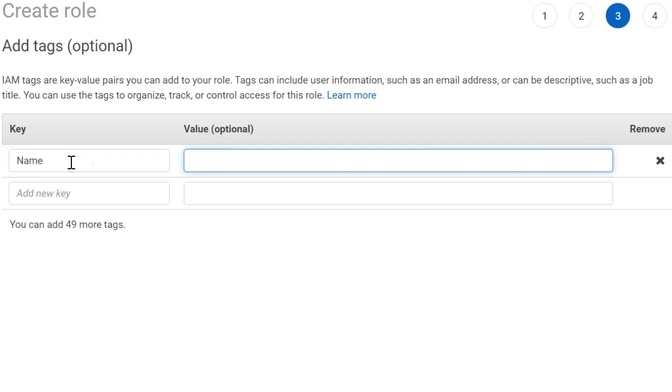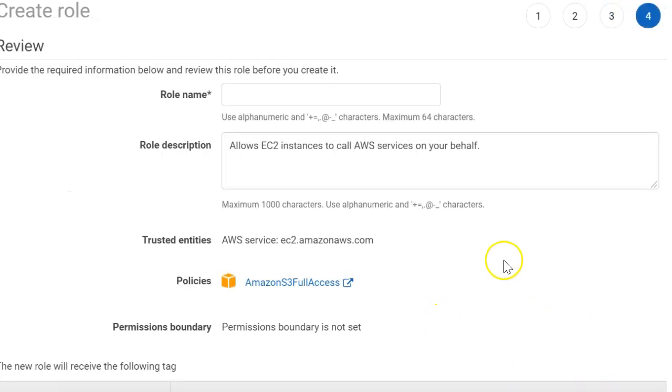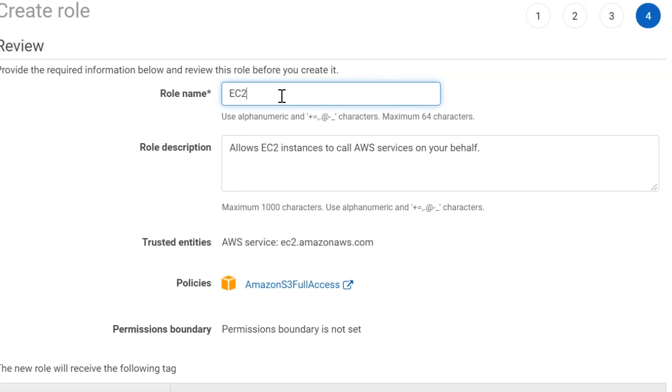Let's say the name would be my EC2-S3, and then full access. As we are applying full access, click on next: review. Here you need to enter your role name, EC2 and S3 role. You can enter any role name here.